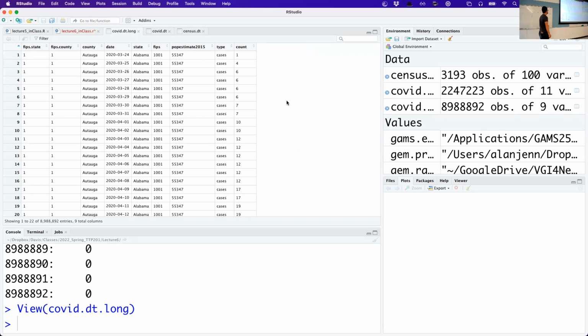Yeah, okay. And so now what we have, instead of a cases column, a deaths column, a daily cases, and a daily deaths, you just have a single column with types and an indicator for which one it is. Okay,